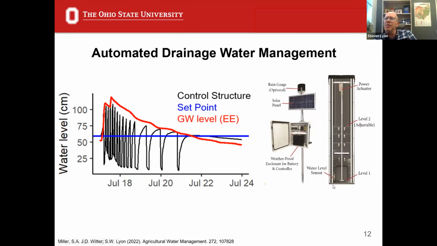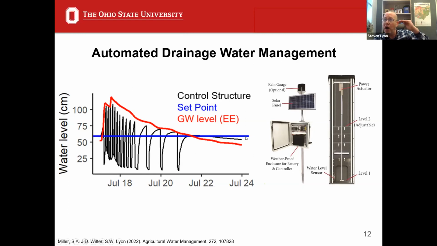Basically what happens is a programmer or a farmer or somebody else, an agent, can set a level of water that we want to achieve in the structure. And as the water in this outlet structure rises to that level, if we pass that set point threshold, that valve can open to drain out the system. It's pretty nifty. And here's what it looks like in practice. Here on this graph from our field, we have the water level in that structure. And we can see this blue line is constant over time. This is the set point.